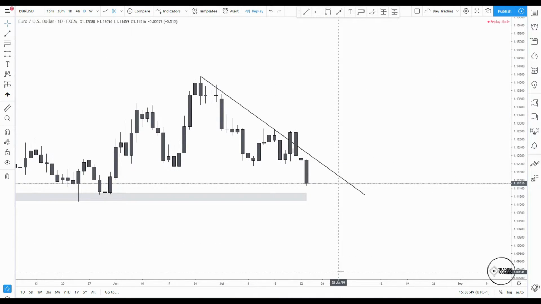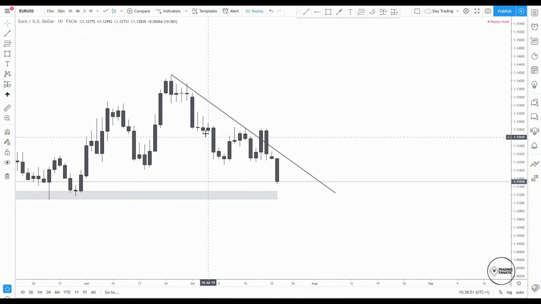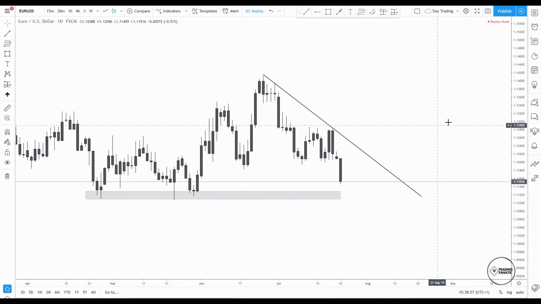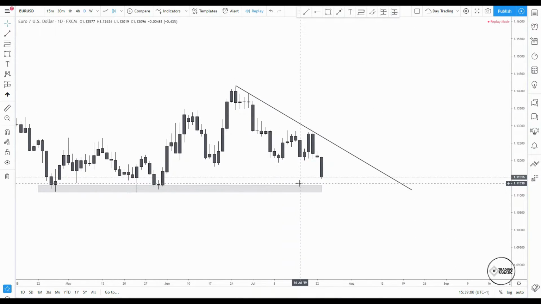So let's see what happens with this market. We're going to go through all of it. All right, we see that right now price created a lower low. So currently, guys, we have a trend line. Another piece of advice from me is that, like every structure in the market, trend lines as well are not singular